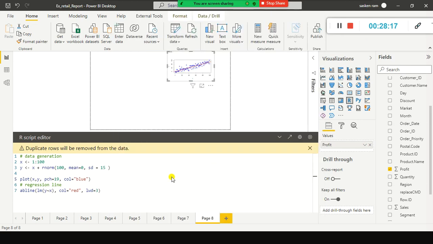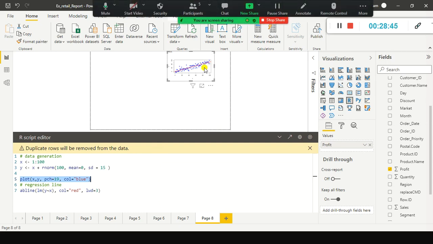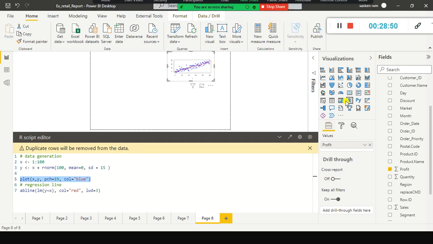But even in the case of R, I could not import any package. Here, when I try to import a package, and from that package I want to use any plot function or something like that, it is throwing an error. So in Python, we cannot use plot directly like that. We need to import some package, and whatever function is available in that package, with that only you can play around. Since you learned how to generate a chart using R script, right? So this is enough. The same way you can do it with Python.